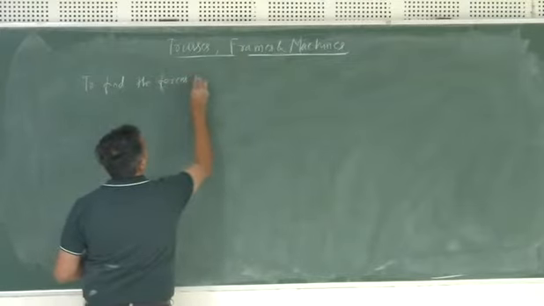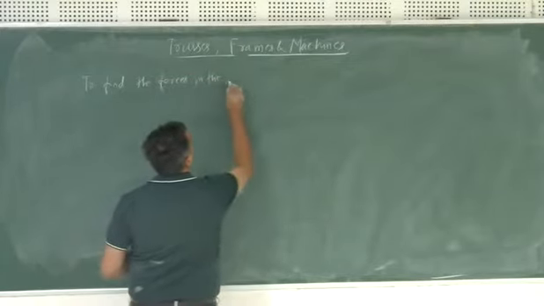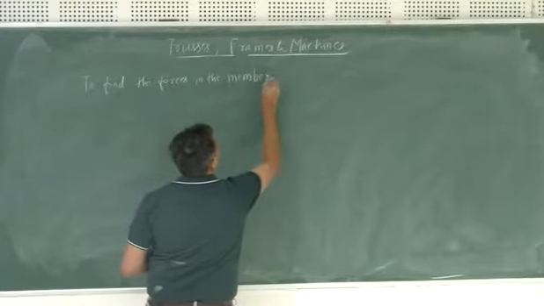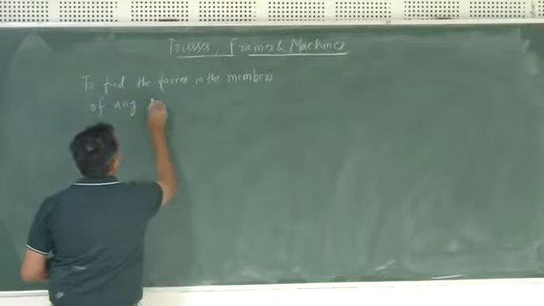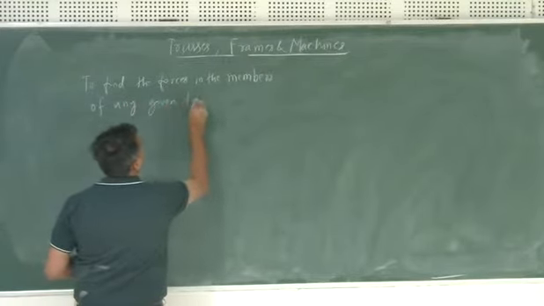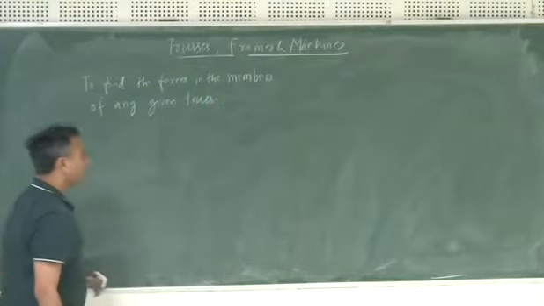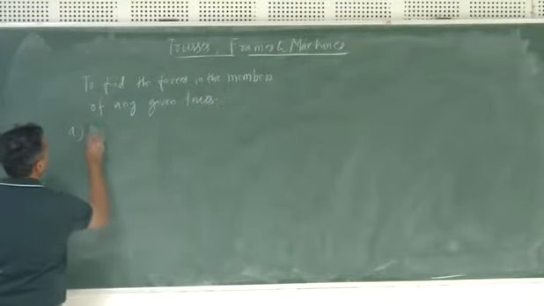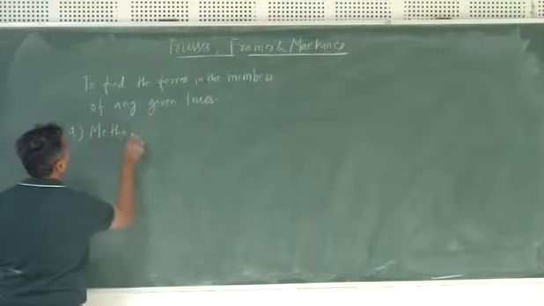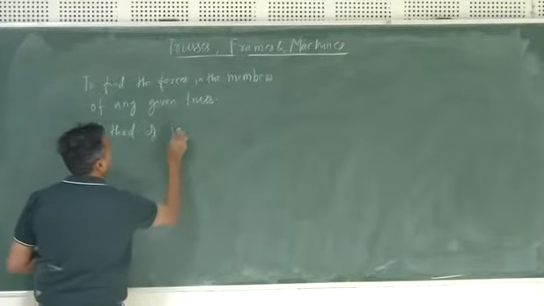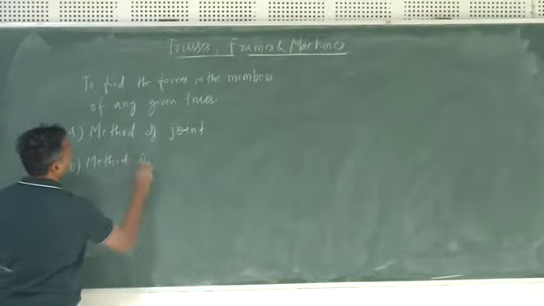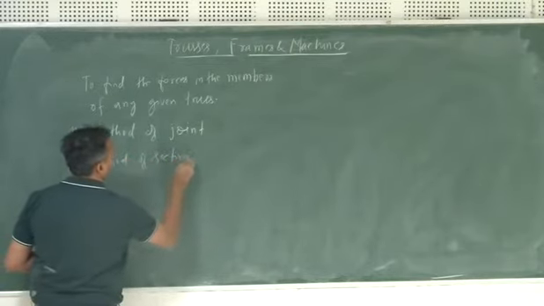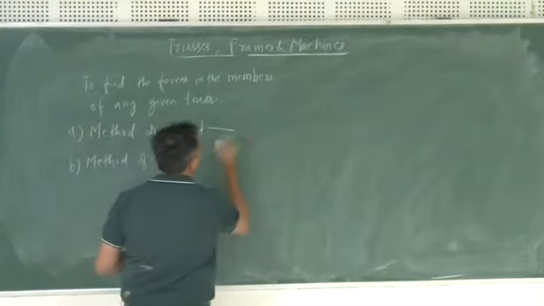the forces in the members of any truss. So technique number one is method of joint, and technique number two is method of section. In method of joint, generally